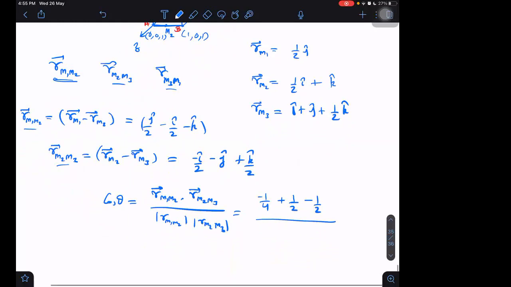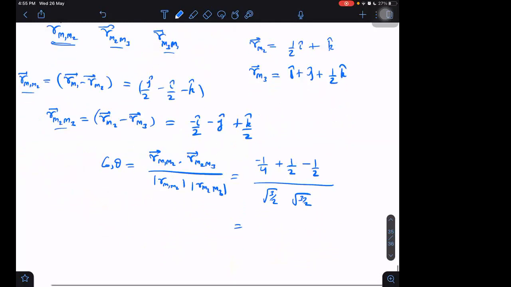And what about the denominator? Denominator term will be 1 by 4 plus 1 by 4 plus 1. That is 1 by 2 plus 1, that is 3 by 2 in first case. Second case, 1 by 4 plus 1 by 4 plus 1, again 3 by 2, I think. So then we are getting minus 1 by 4 by 3 by 2, root 3 and 2 root 2 will also be there.